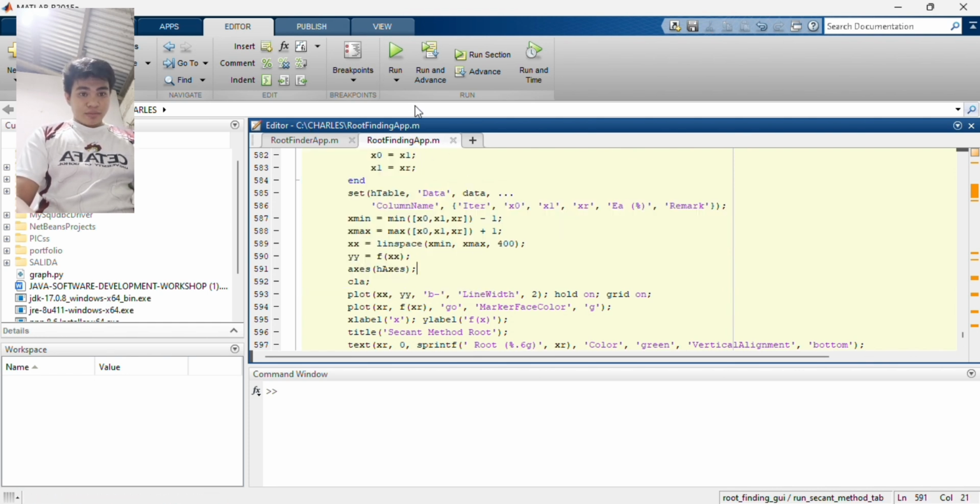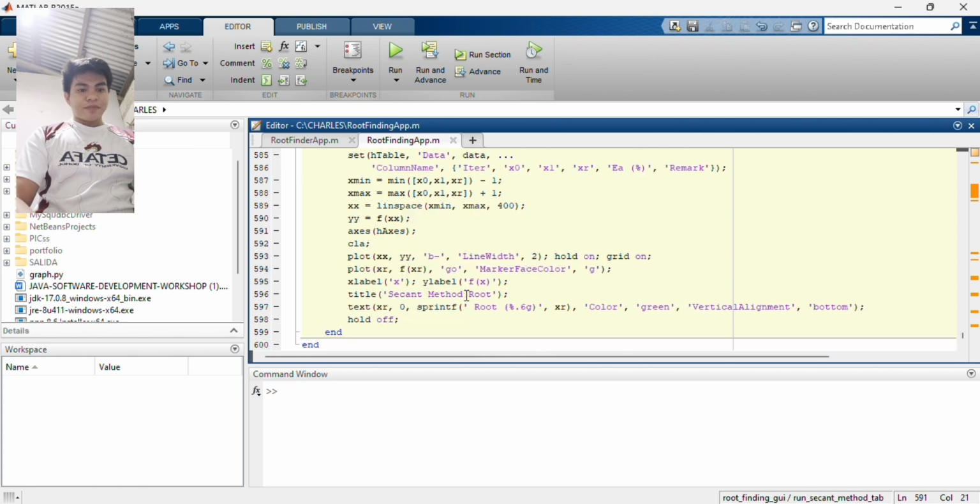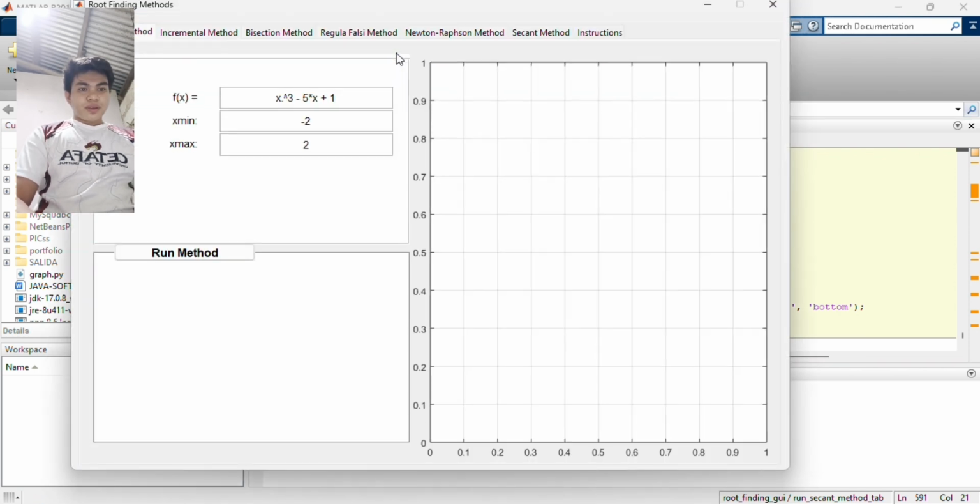And that's my explanation of my Matlab code. Now let's run the